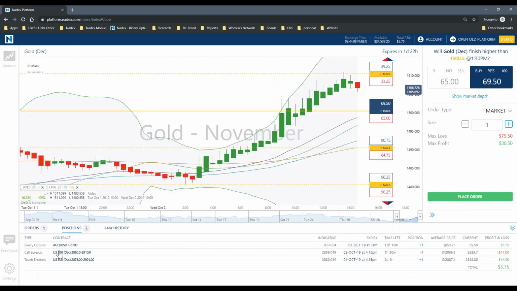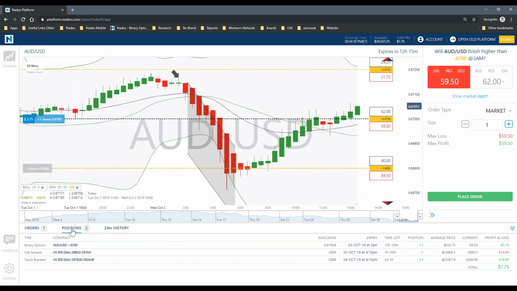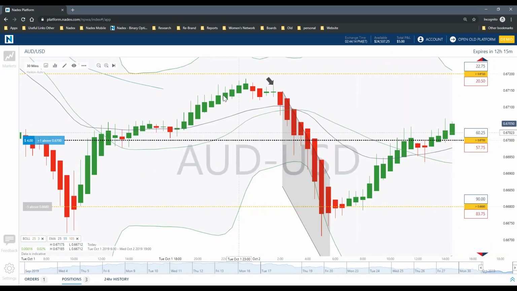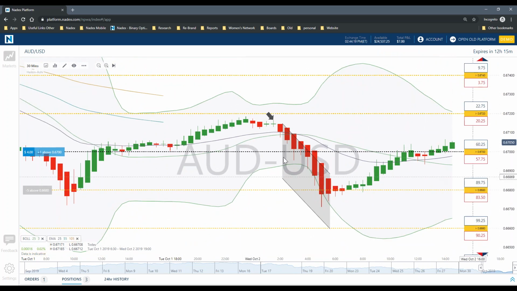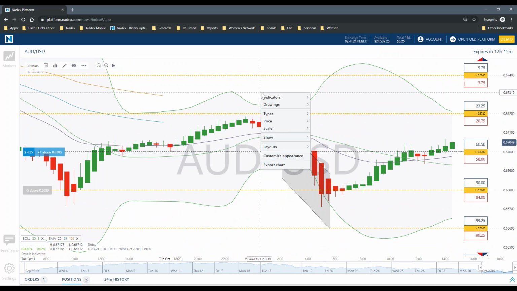I'm going to go back to my Aussie dollar just because that chart is looking a little bit cleaner right now. But of course, this is not saying to trade this. This is just because I like how the chart looks right now in front of me. Okay, so